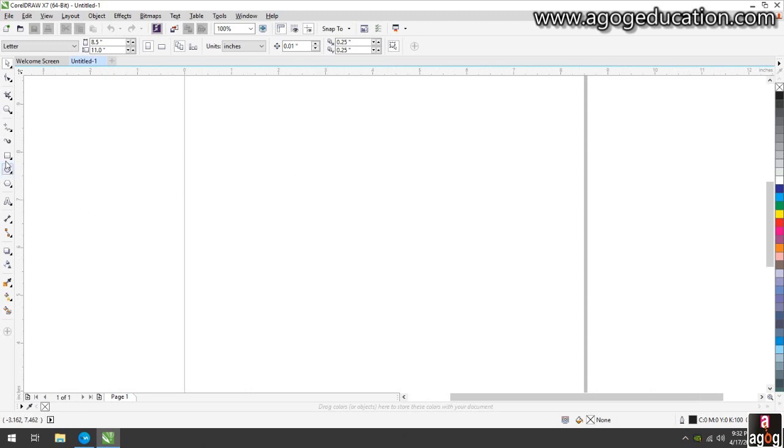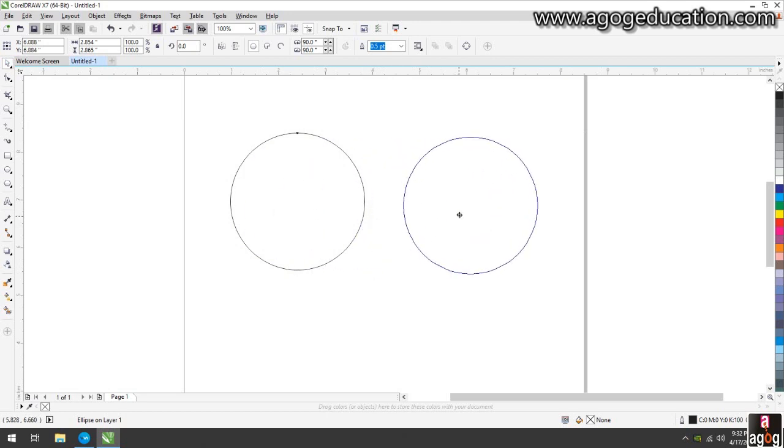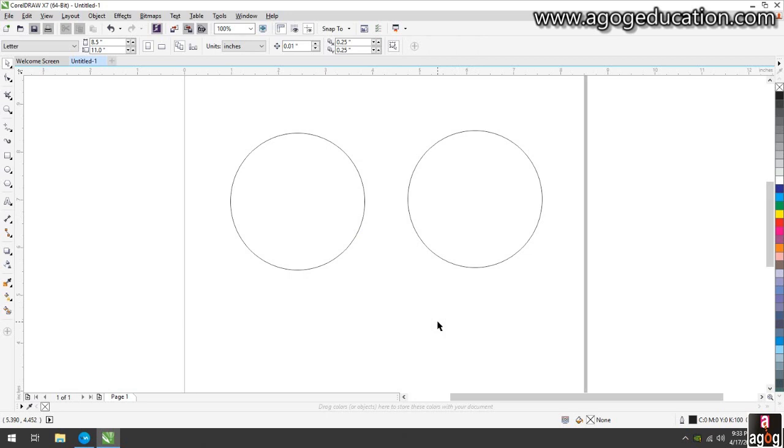So start with any basic shape. I created an ellipse and made a duplicate. Now, whenever you select more than one object, this is my first object and this is another one.